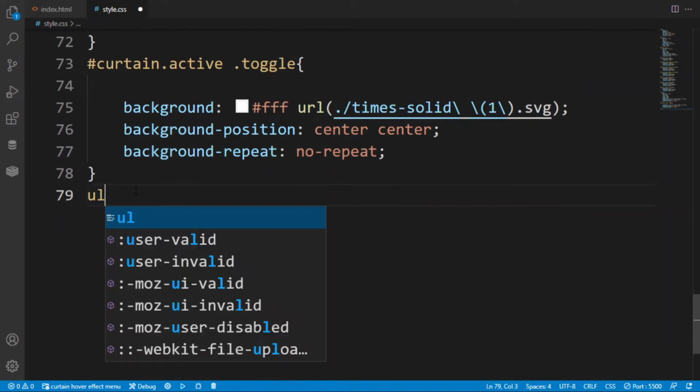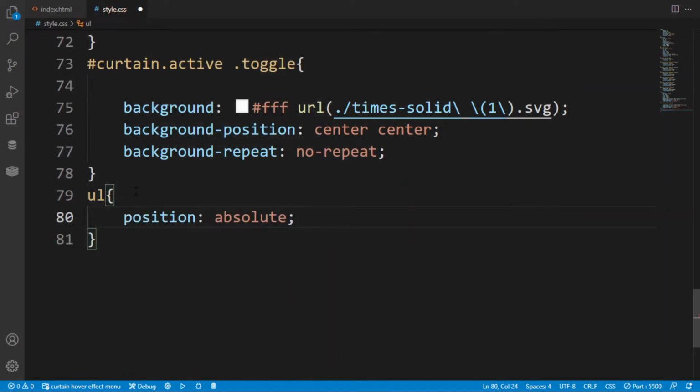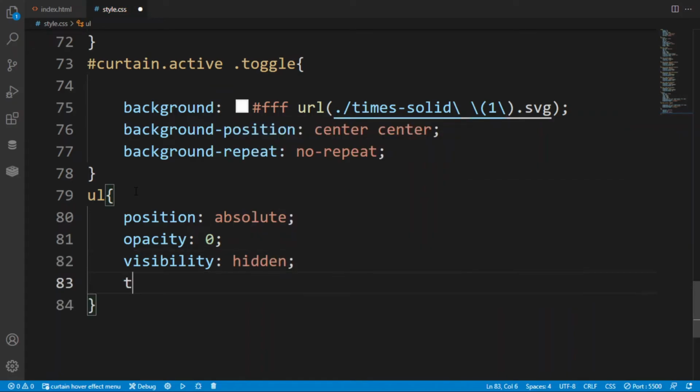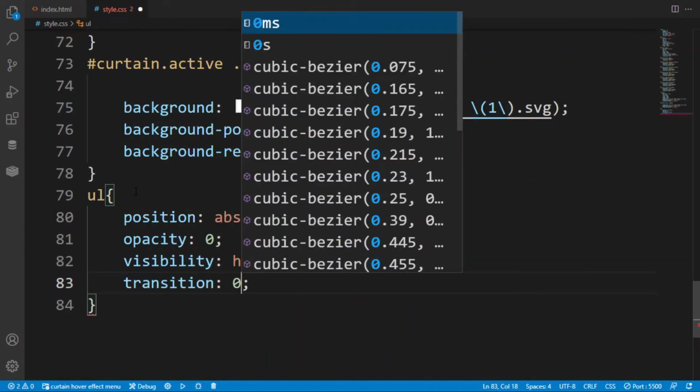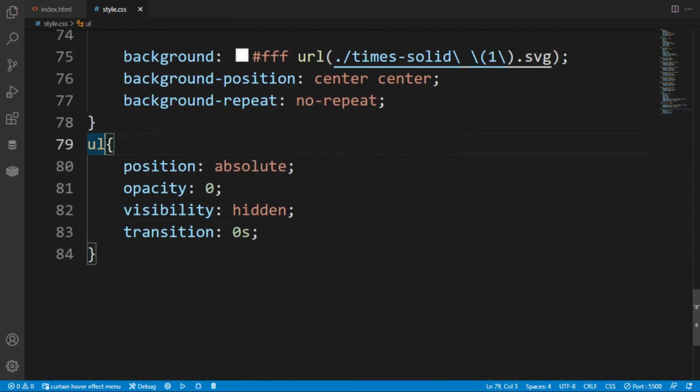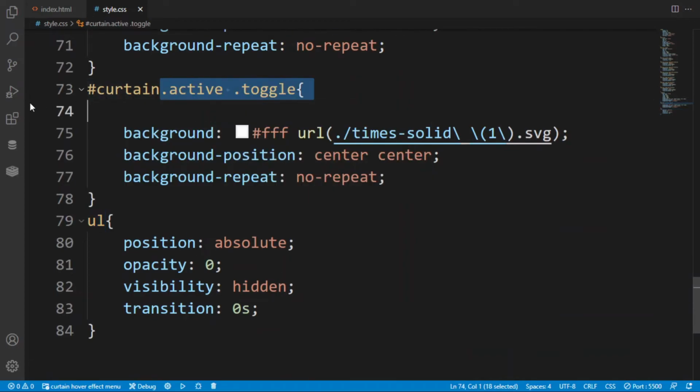So I have put in the hash curtain with the id, giving the display flex. So here in this UL I have given position absolute, opacity 0, so it will be initially hidden, and visibility also hidden. Now here I am giving the transition of 0 seconds.